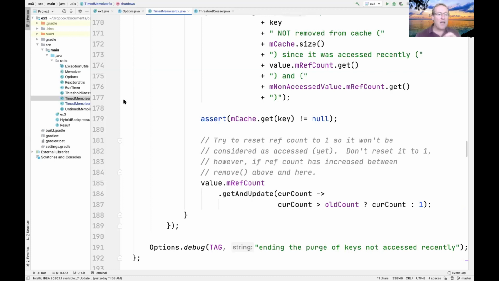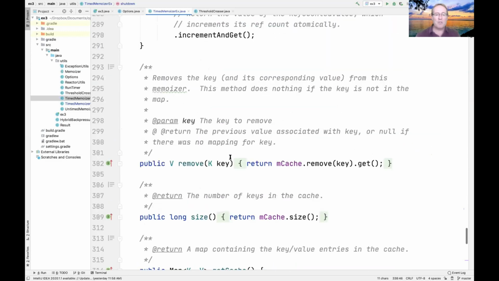Does the size API get the correct value? So it depends what you mean by the right value. So let's go ahead and take a look at what you're referring to here. There's an excellent